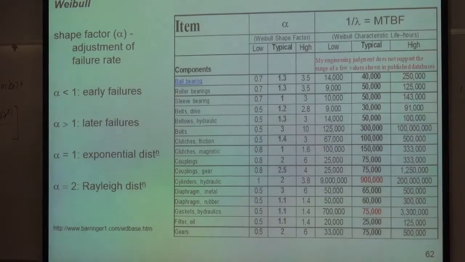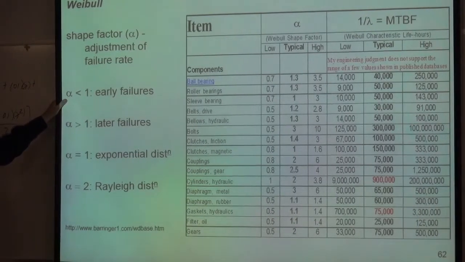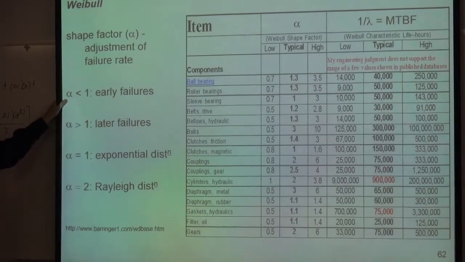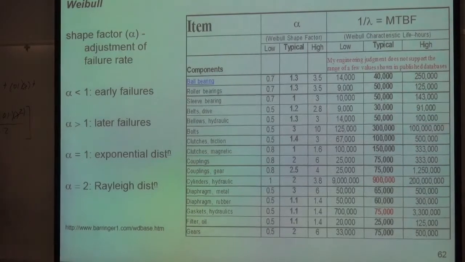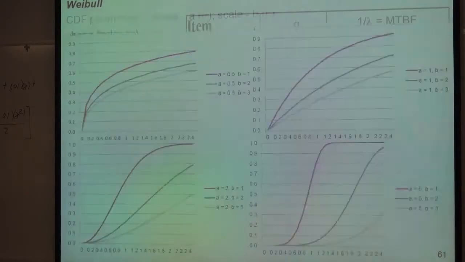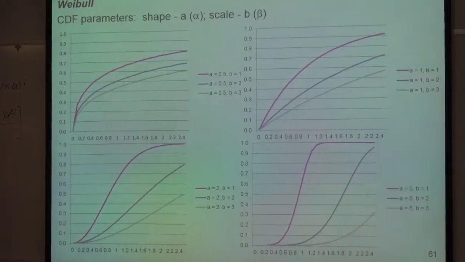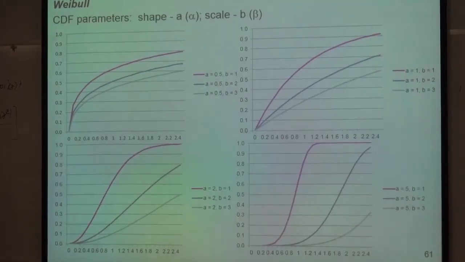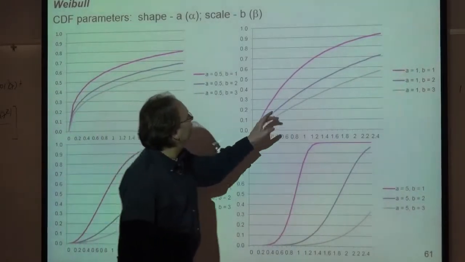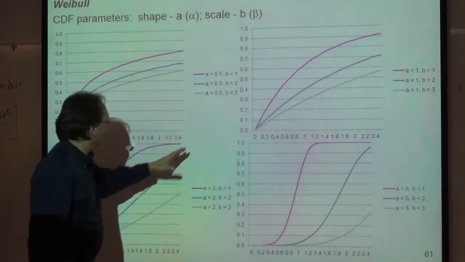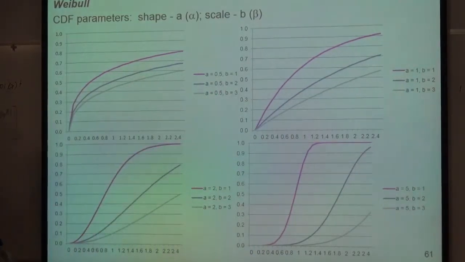But what that means is, if the shape factor is less than 1, it's going to have a failure early in its life. A shape factor greater than 1 means it's going to have a failure later in life. Once again, I couldn't transfer alpha, but when alpha gets to 1, that's the inflection point. The failures occur later in the distribution,